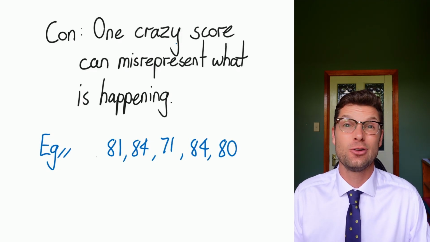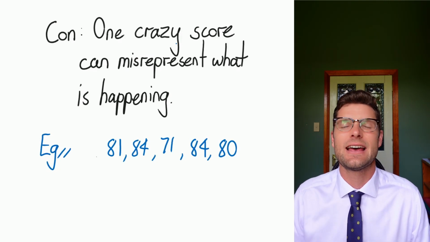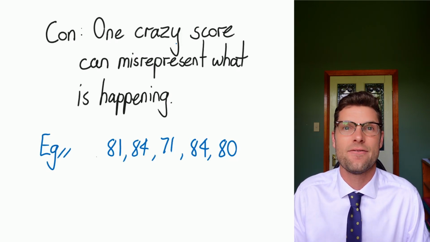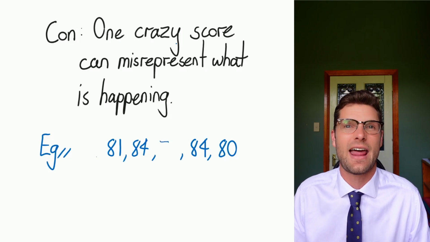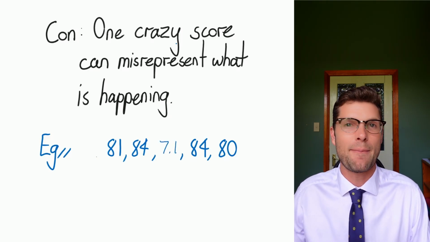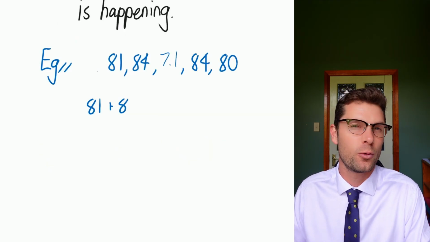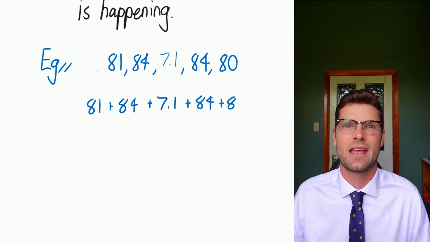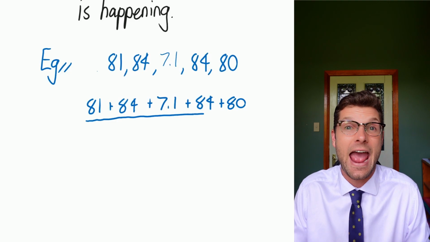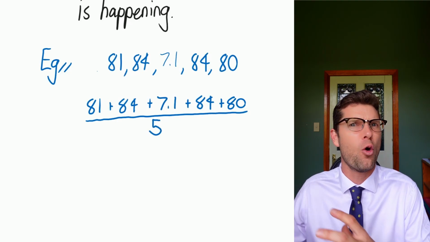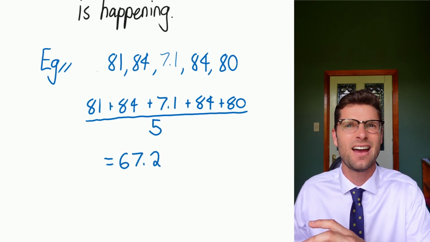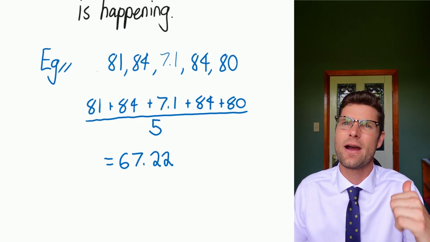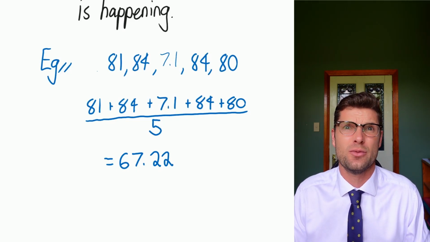So one example, if we look at those English scores again, let's say that there was a problem with the computer marking, okay? Instead of having 71, the computer read it as 7.1. And then if I added up all these scores, but not 71 with 7.1, I'd get the average of 67.22. This is now completely out of my range, right? All my other scores were around 80, and now I've got my average, or my center mark, is way, way lower than that.